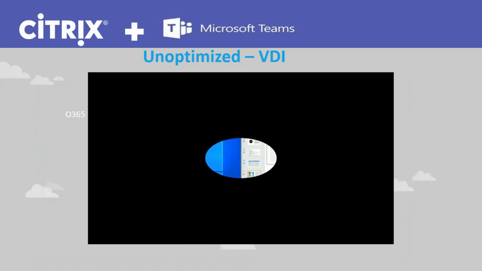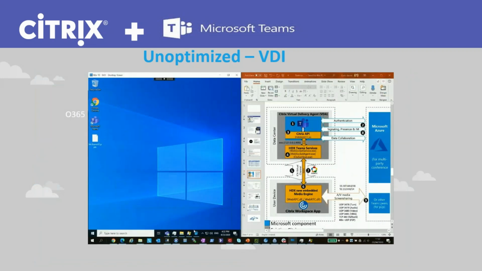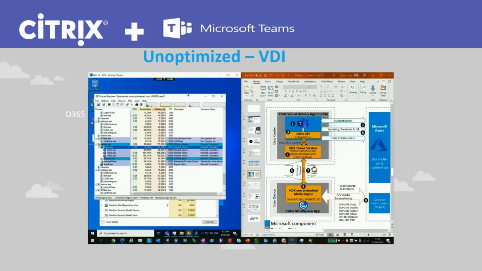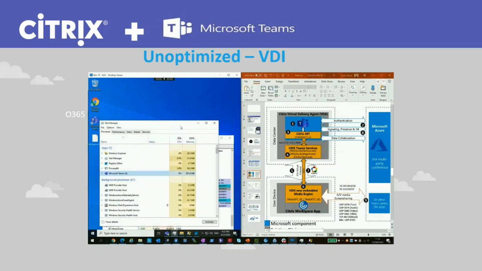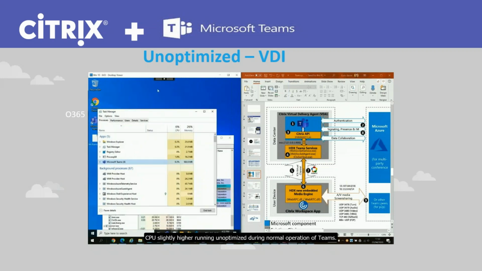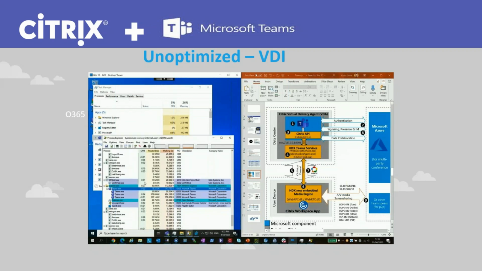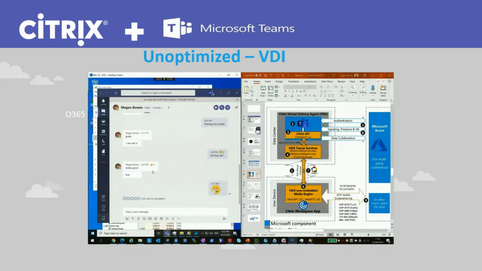So I'll show you very briefly what that looked like. This was one that we did in the lab. Wendy was testing with one of our colleagues, Colin, and she had a video call there, and you'll see the result of when the call kicks in. Again, this is unoptimized, so we haven't turned on the Citrix optimization yet.